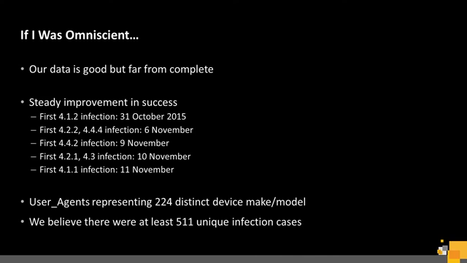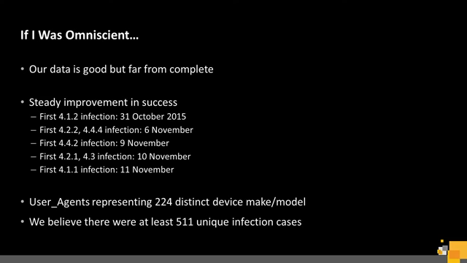And there was a little bit of improvement over time, right? That first machine that was infected was running Android 4.1.2. And again, we were able to understand what versions of Android were being infected because you can see the user agents in our logs. You don't get the full traffic like you can with security analytics, but in our logs we can see the UAs. So we're looking at the UAs during the infections to understand what they're doing. First there was 4.1.2, then a week later they got 4.2.2 and 4.4.4, and then a few days after that, incrementally, they started infecting more and more different